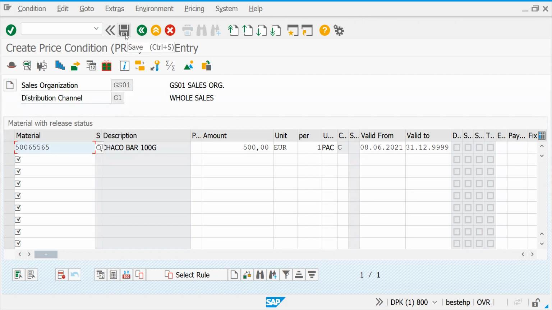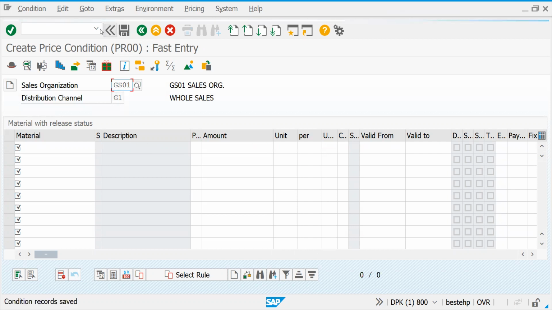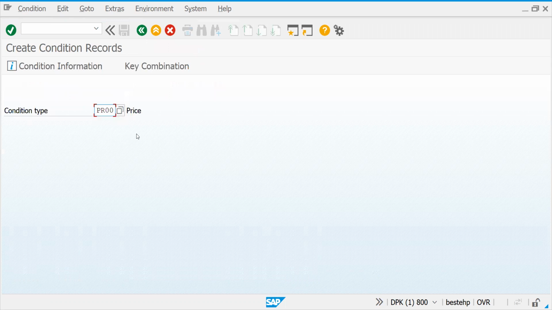Let's put this one as a base price. Okay, condition record saved.